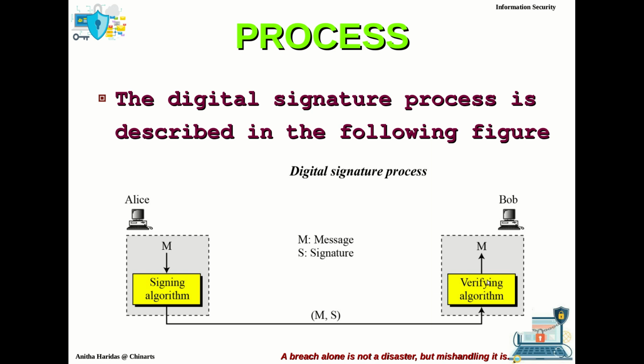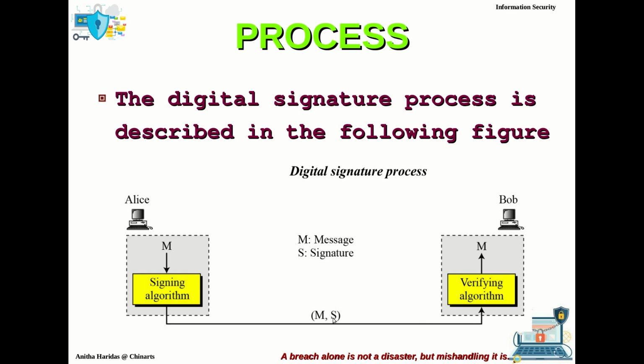Then he will verify the signature, and if the authenticity is convincing, then he will accept that particular message, right?